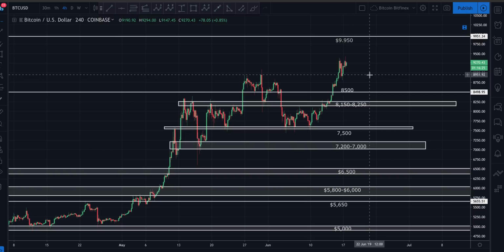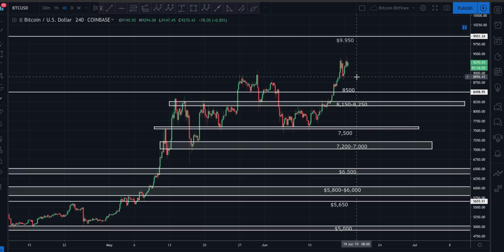Wasn't even going to do an update today, guys, but we've had some crazy moves in Bitcoin. So I wanted to make sure I got at least something out to you here. I'm going to try to make this as quick as I can. Again, looking at the 4-hour chart, guys, as we discussed last time we spoke,